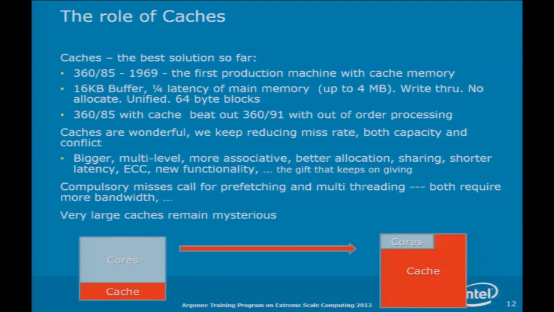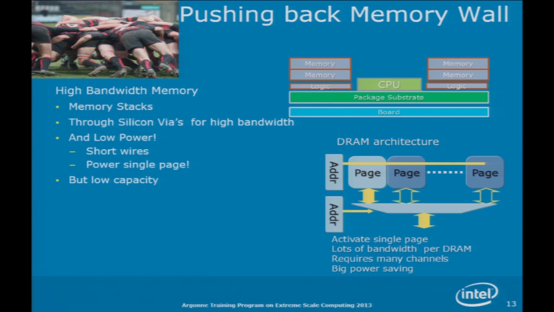There's still some fundamental limits to how well cache can work, especially in HPC. So what do you do once you're faced with this problem, or if you're a computer architect and you're faced with unemployment? So we want to push back this wall. Now, the best idea that I know about, which we are pursuing, and I think is very interesting, is to stack memory chips on top of each other.